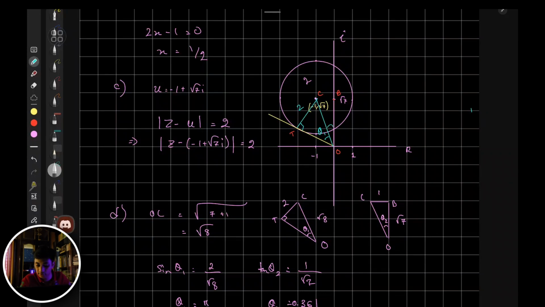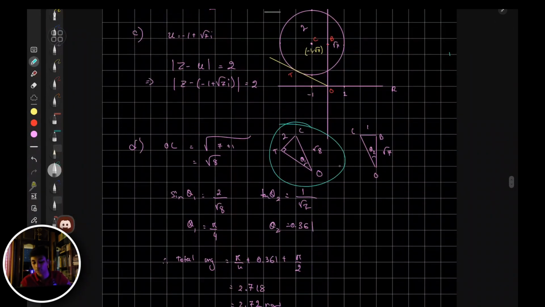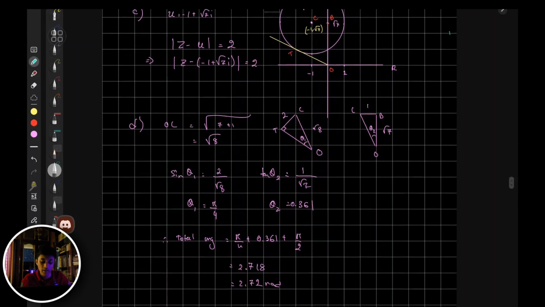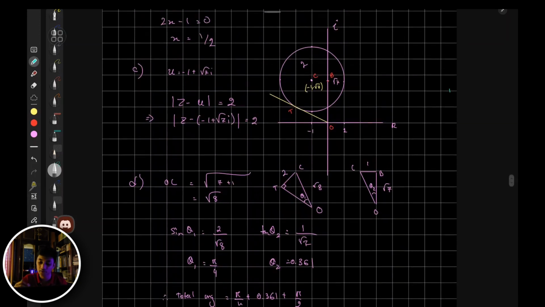Next, we can find out this angle. So if we draw the diagram of the triangle over here, you know the radius, you know this side, you don't know theta, and you're going to find out with the sine function. Great. So sine theta is going to be opposite by hypotenuse. So 2 divided by root 8, it's going to give you a value of pi by 4. Great. If you know that, next you can move on to the next part, where you need to focus on this triangle,